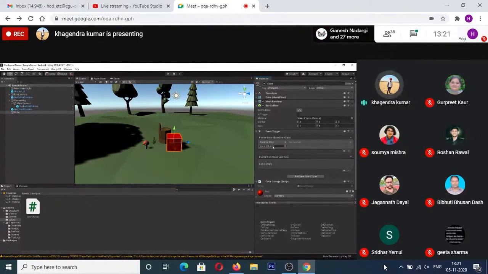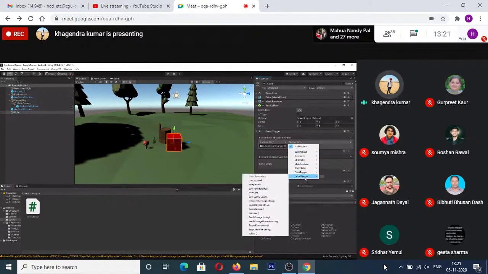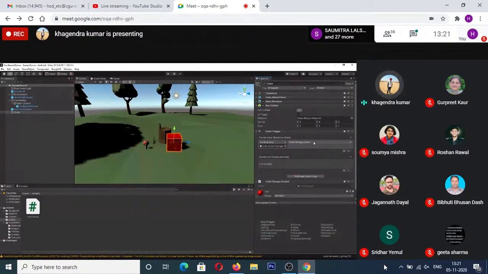So it is looking for a script component. So I'm going to drag this color change, select this color change, and drop it on top of my object. Now it takes in this color change and it shows the function. Now if I select the function, since it is a public variable, only then will it be able to come and I will be able to see it. Now if I look into this, color change yellow is available over here. I can change this function to color change yellow.